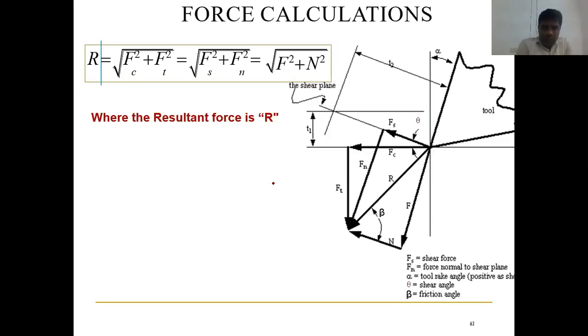So this slide I have not discussed. In this, the same thing, the merchant circle. This is nothing but the merchant circle, right? The points are not drawn on the circle here. If you draw a circle which is passing through all these points, it is considered as a merchant circle.